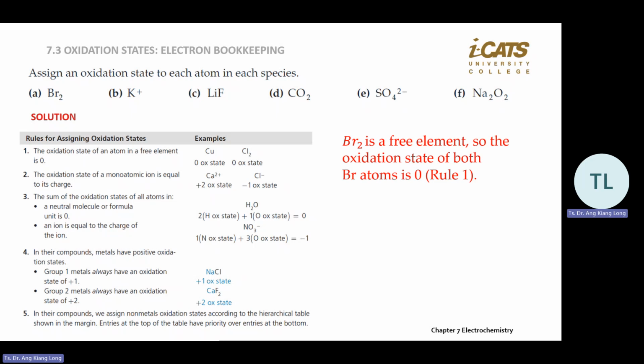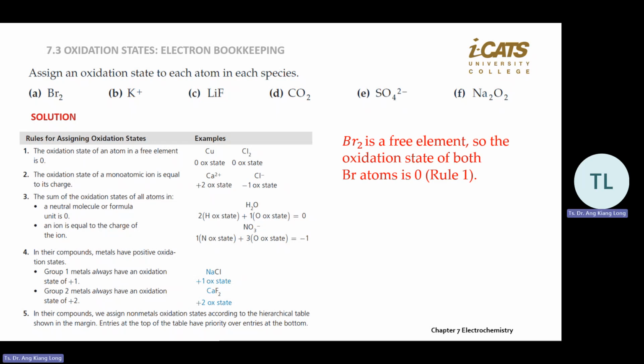For example, B, K plus, SO4 2 negative. This is a negative ion. K plus is the positive ion. So either it's neutral, or having a positive charge or negative charge. There are three states of the element. A, you see Br2, no positive, no negative, so it's neutral. So neutral,